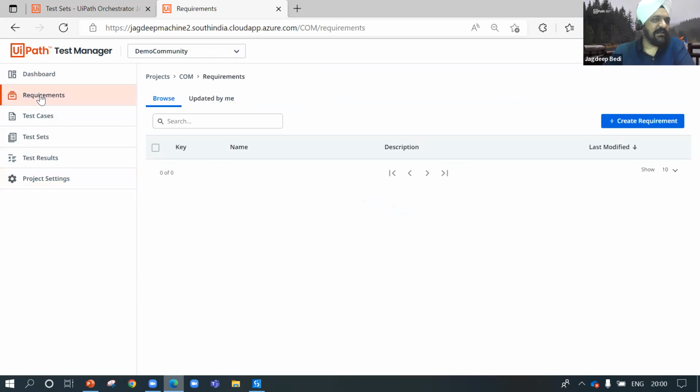So it directly comes from that over here. If you create any work item, any user story or anything over there, it automatically comes over here as a requirement. On that requirement, you can create the test cases and test sets, and you can automate it with your Studio. Let me create one test